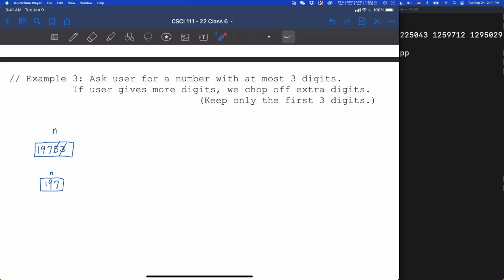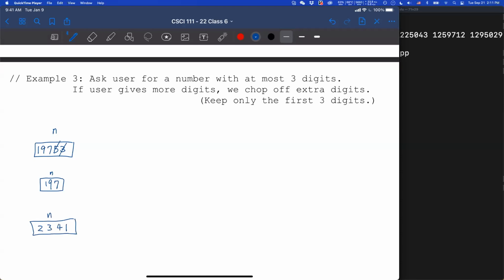So let's say my n is 2341. Now this is greater than 999.